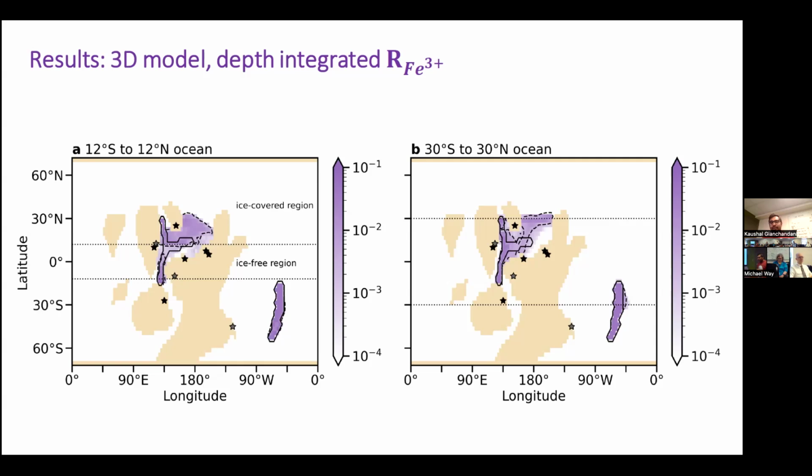That being said, the result that you see on the right-hand side of the screen, panel B, is for a 30 south to 30 north ocean. And as soon as we have a biogeochemical package at GISS which is suitable for Neoproterozoic snowball Earth modeling, we could try this out using any model. The reason for using this particular model is because that was the model I had my hands on. I had to code it in. But absolutely, the goal is.